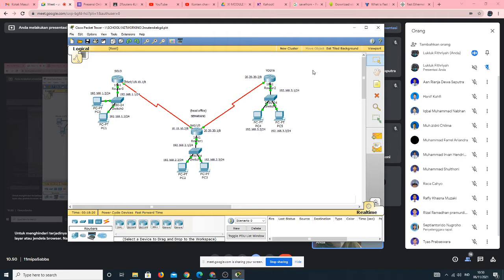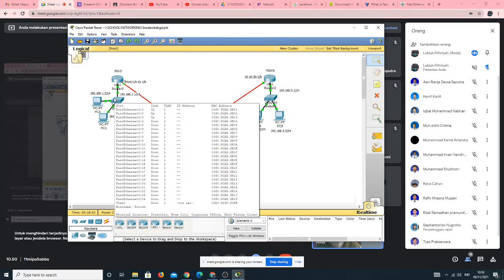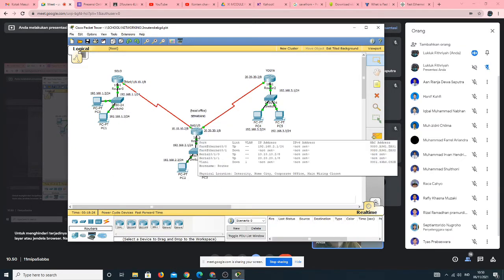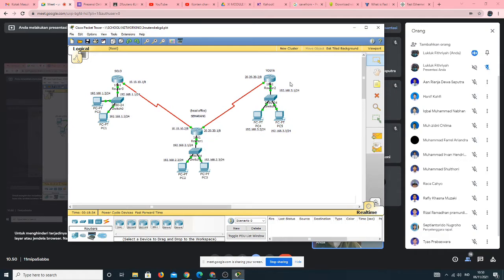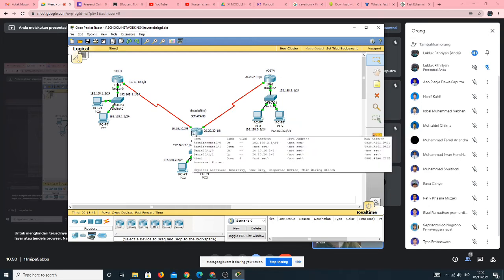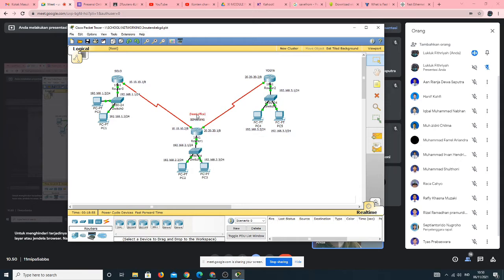But there are two routers that are connected to the router Semarang directly. Router Semarang is connected to both of them, Solo and also Jogja, but Solo and Jogja are not connected to each other. We only make this connection, and we will make one of the routers the center point of this connection, and this is router Semarang as the head office and Solo and Jogja as the branch offices.